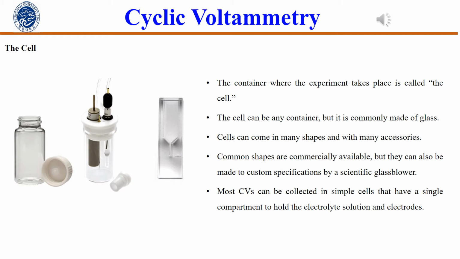Also, one can saturate the analyte solution with a gas of choice by sparging the solution with the gas. If the cyclic voltammetry is being collected in a volatile solvent, the gas should be pre-saturated with the solvent before it enters the cell to ensure that the volume does not change during the course of the experiment, which can be accomplished with a gas sparger.